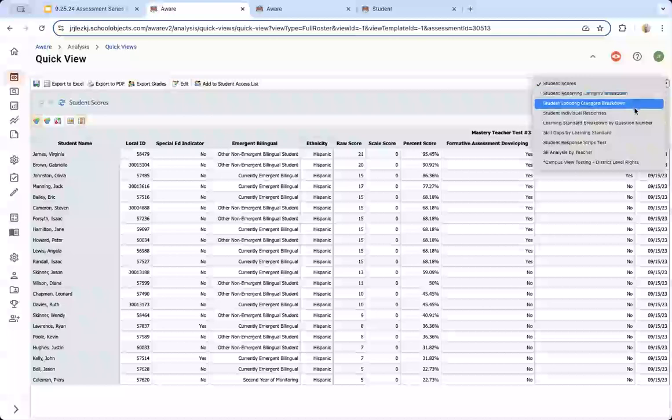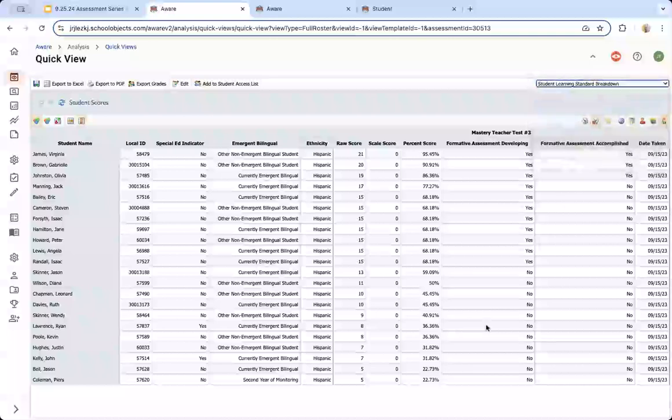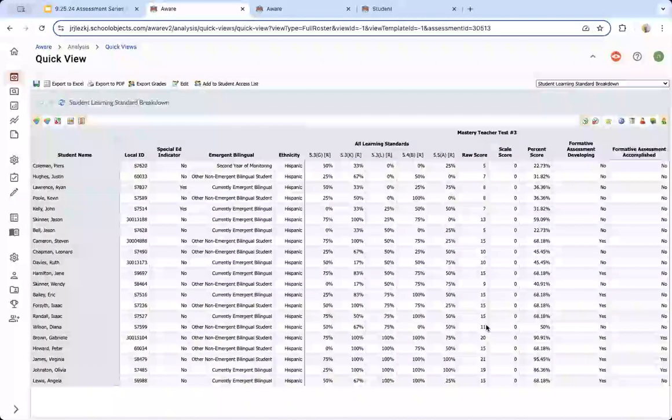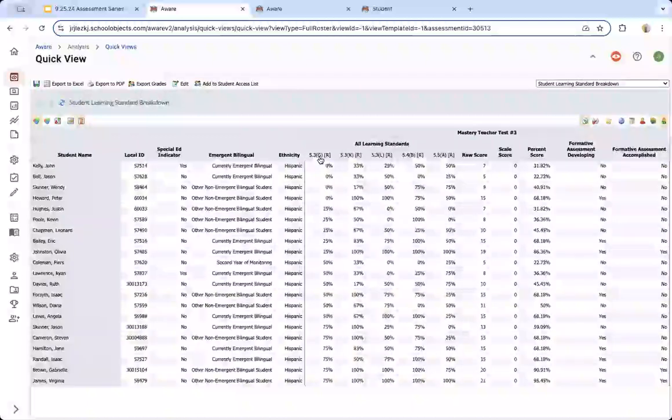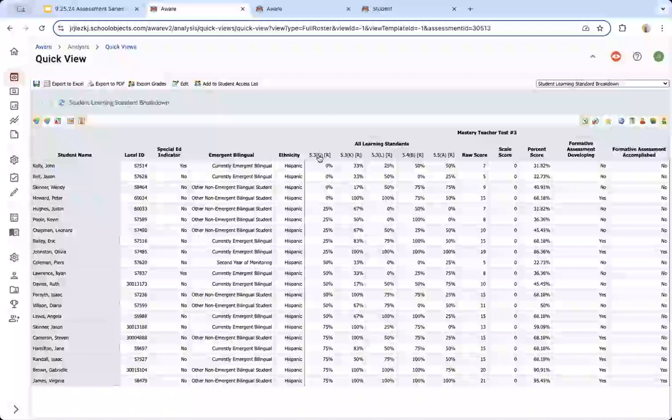One of the other views that's really helpful is the learning standard breakdown. Often when looking at your learning standards, this is where you're going to decide what needs to be covered. So the student scores help me decide who needs the help. The learning standard breakdown helps me decide what needs to be covered. Within that, I can sort by the standard as well. I can even hover over the standard and get a text. I'm not sure if you can see my hover over because sometimes Zoom doesn't play well, but if you can, awesome. But it'll actually tell you what the text is for that standard.